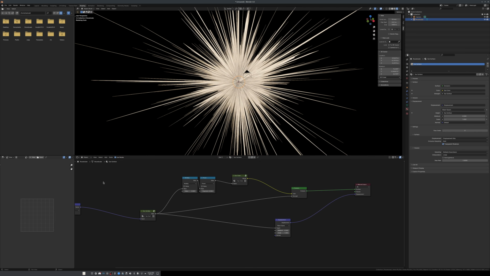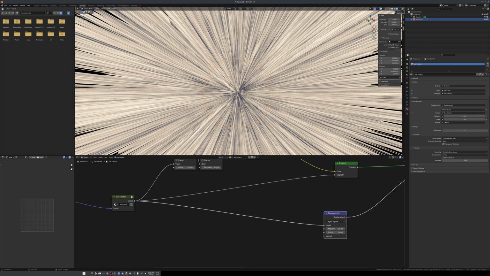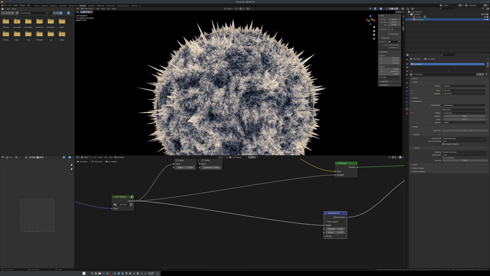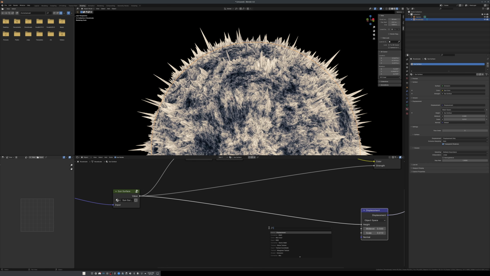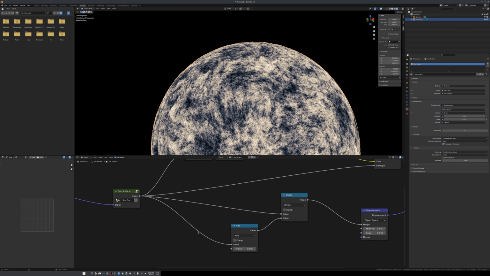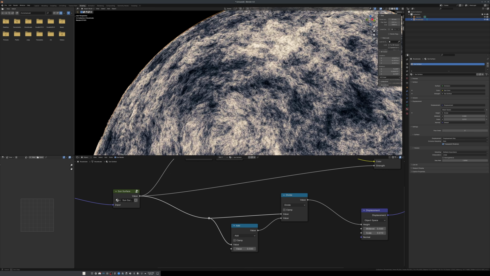That's pretty wild. Anyways, we are going to change the scale down to like a 101. And we are going to clamp these a little bit. So what we're going to do is go to math, keep it set to add, then duplicate it, set this to divide. That will clamp it effectively, and it's like a soft clamp too,